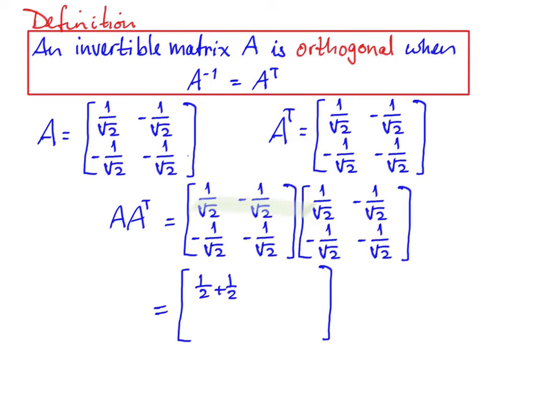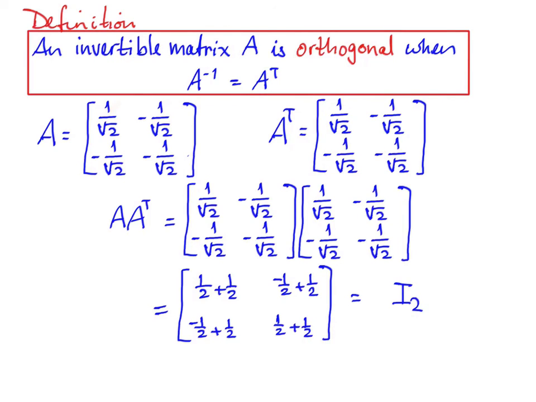We multiply the corresponding entries of the first row of the first matrix with the entries in the second column of the second matrix. And there we get negative 1/2 plus 1/2. Then we do the same procedure in the second row. In the second row, I'll get negative 1/2 plus 1/2, and then the second entry will be positive 1/2 plus 1/2. And when we simplify, we get 1, 0, 0, 1, which is in fact the 2 by